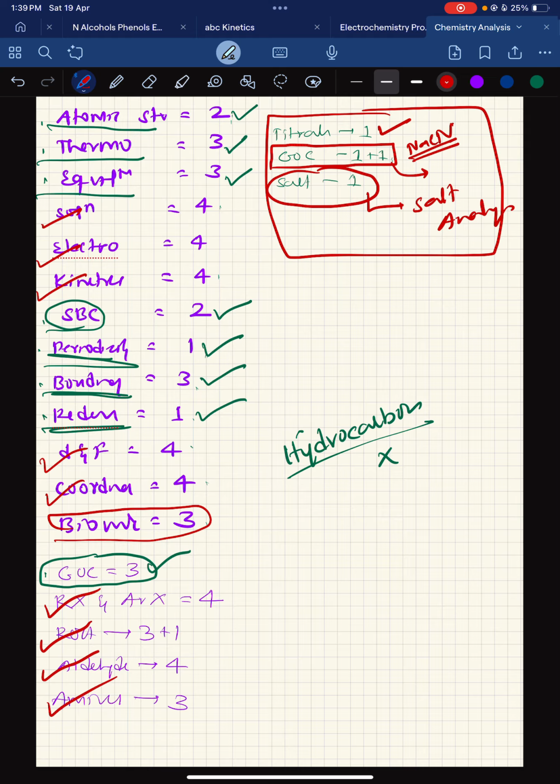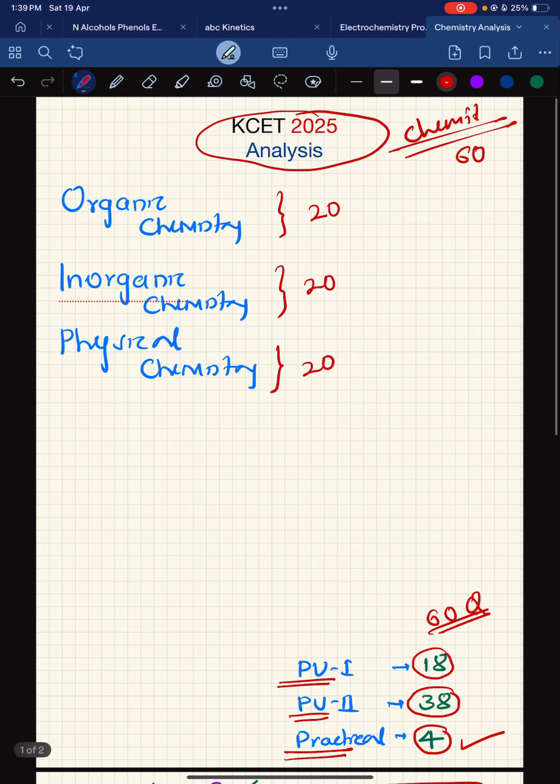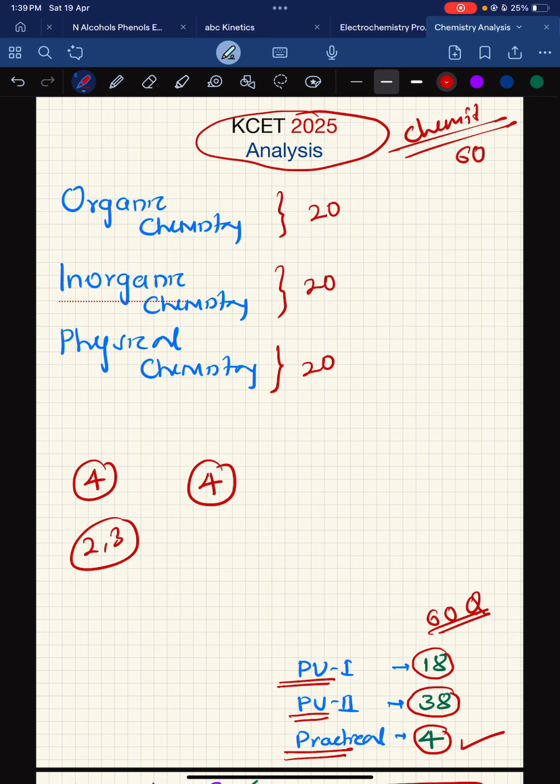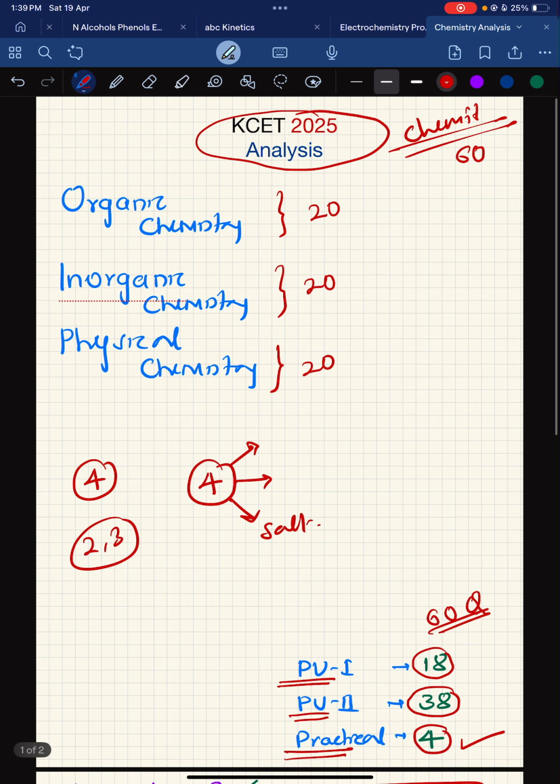So if you see this year's 2025 chemistry question paper, almost 4 questions from each chapter of second year, and 2 to 3 questions from first year, and total practical questions they have asked 4, one from physical, 2 from organic, and 1 from salt analysis. So this is how the distribution was. The question paper was easy, everything is from NCERT only,